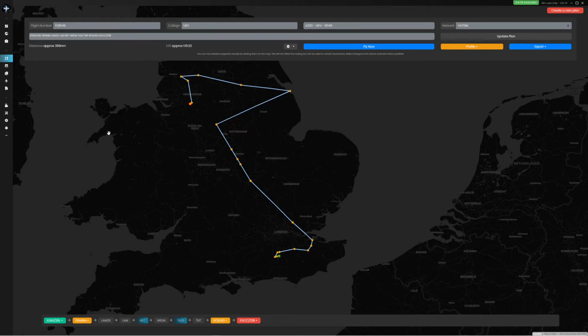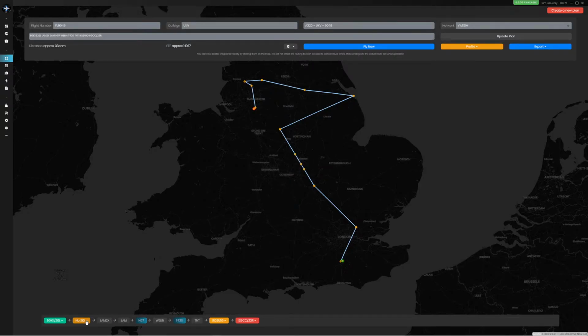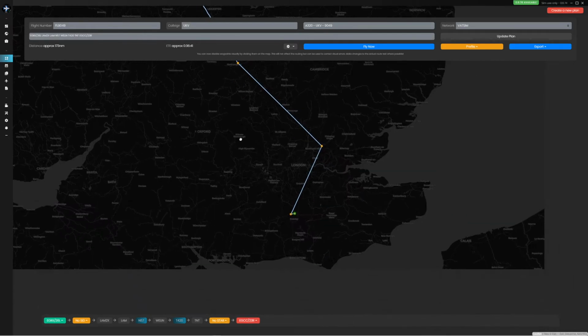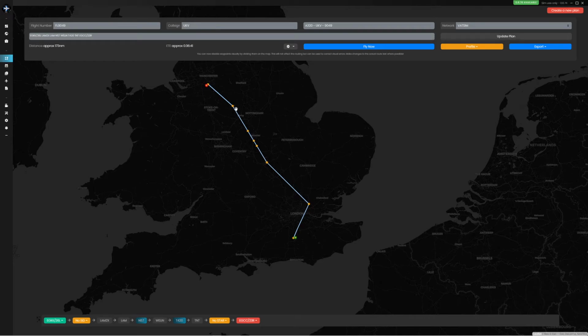for that flight path. But sometimes it may say no SID, or it may say no STAR. If that's the case and you know there is one, then you can go in and put it, and that's where those charts come in handy, because you can just have a quick look to make sure that that's all fine. But yeah, once you've got all of that sorted out, you can click on Fly Now, and